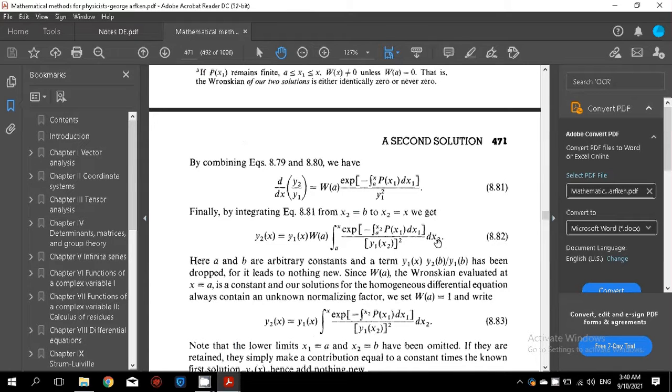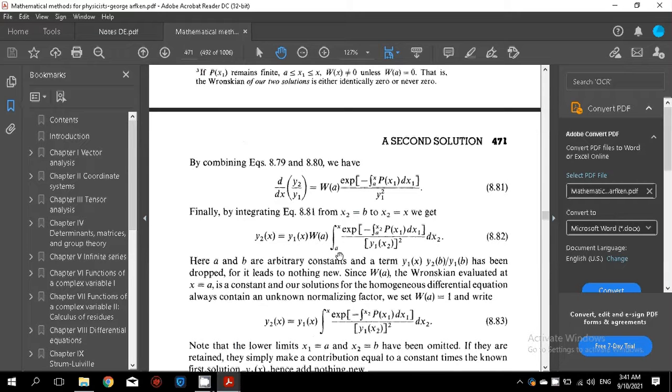So don't worry about the derivation. You can find the derivation from my notes and from this book as well. So this is the formula, and to simplify this, we will take W(a) equal to 1